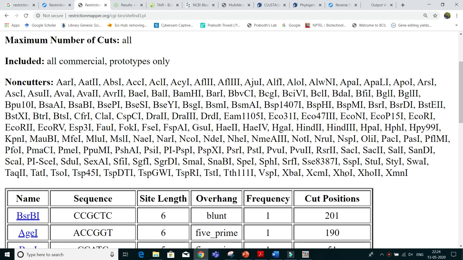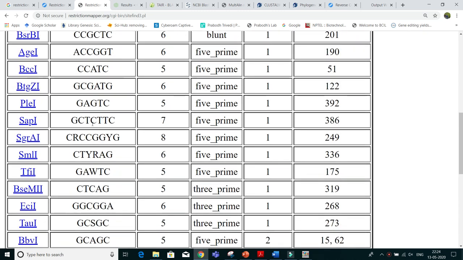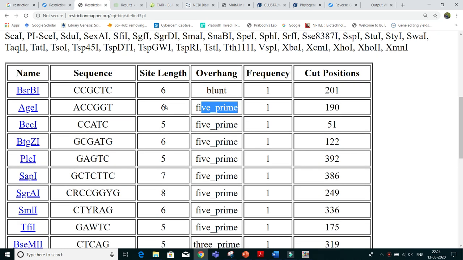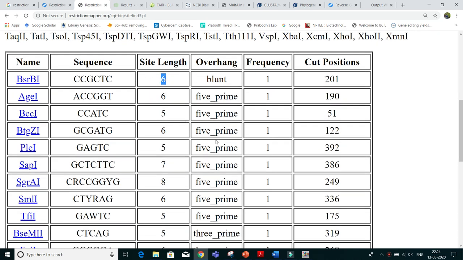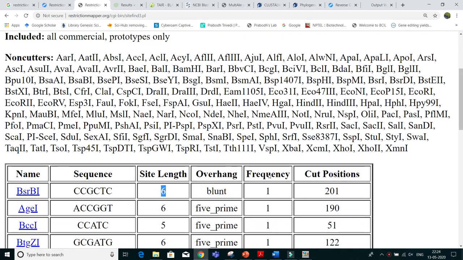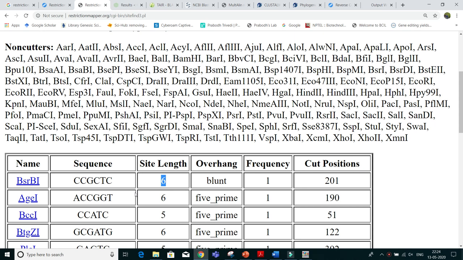Now the second thing is XhoI. So this is your XhoI. So BamHI and XhoI can be used for this experiment, and these other enzymes cannot be used because these enzymes can cut the Hy5 primer sites. Look at the frequency of cutting: if it cuts 4 times, you know how many times your sequence will get cut. So you cannot use those restriction enzymes which can cut in between your sequence. So you have to use non-cutters.